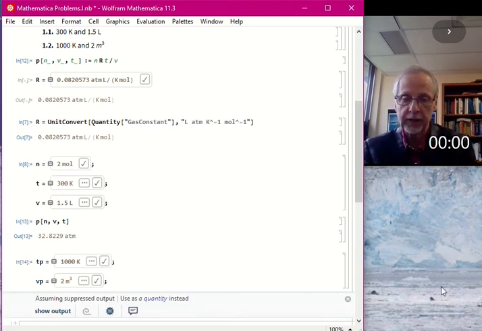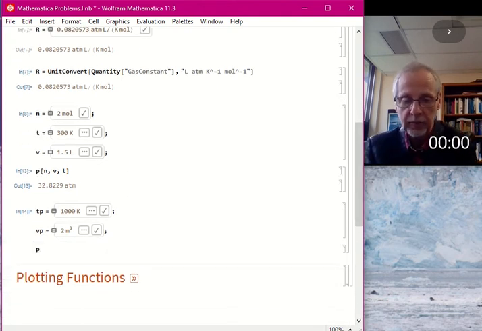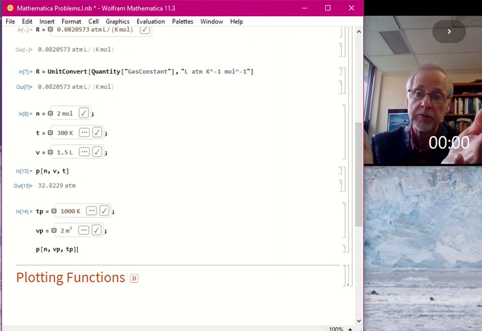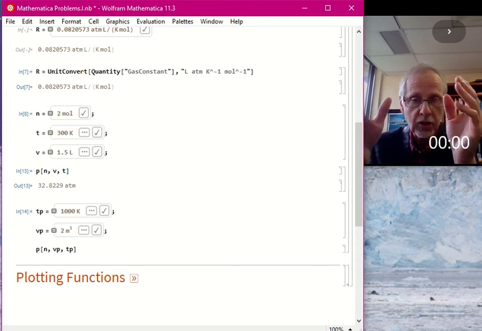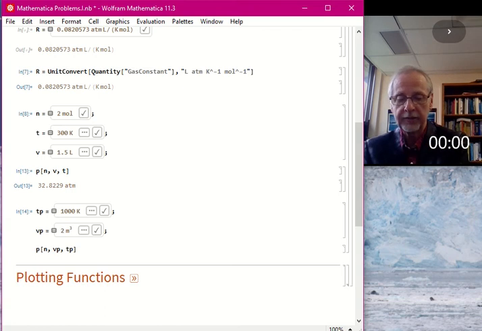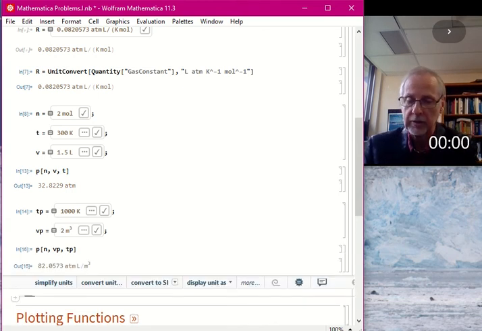All right, so now I can go ahead and do pressure again, but I'm going to enter Tp, Vp. Volume comes first, then Tp in that. And of course these names are different from those that were in the original function definition, but that's okay as long as we enter them within the arguments of the function in the proper order. Then shift enter, and I get a value here